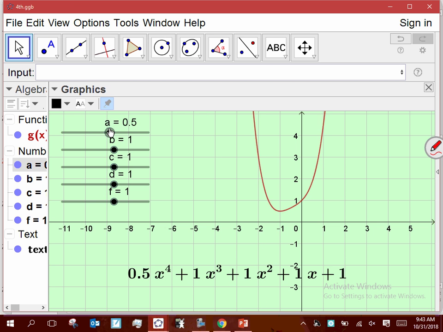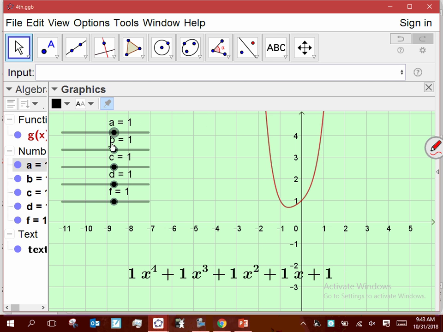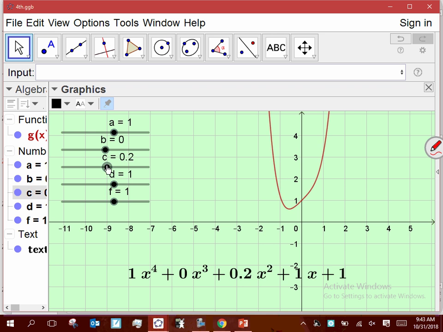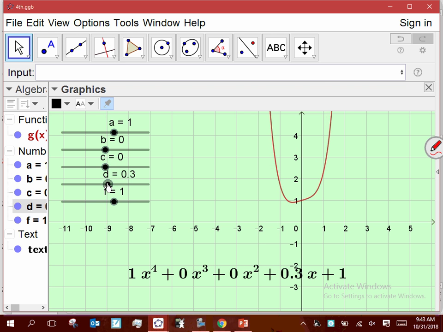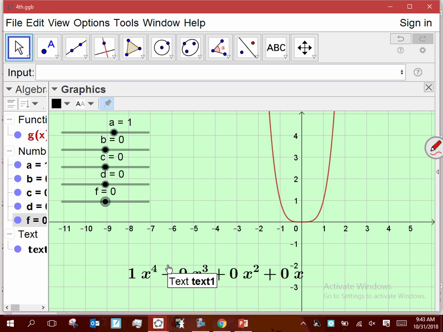If my coefficients are all 1, obviously that's the shape that I get. But if they're all 0 except for my A, it gives me that x to the fourth curve, right? Okay, so my x to the fourth curve can look like that. My x to the sixth can look like that. My x to the eighth can look like that. The only thing that happens is that they get a little bit more squared off down there at the bottom towards the x-axis, the larger the exponent 4, 6, 8 becomes, okay? But the behavior that happens in between here,